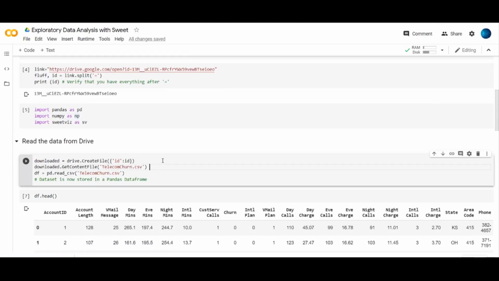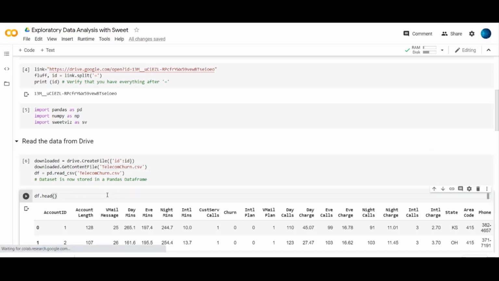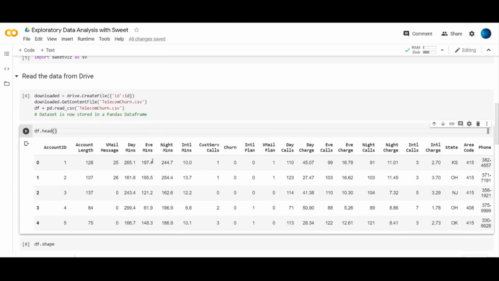In our case, we are going to use the telecom churn CSV file, which was downloaded from the UCI machine learning repository. You can go to UCI machine learning and download this file from there. Then I'm looking at the first 5 rows of the data set.